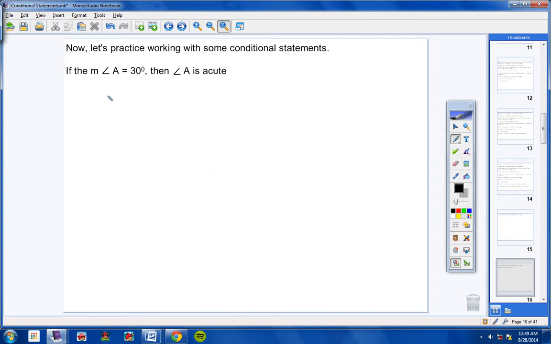Now, first of all, I want you to tell me, is that true or false? If an angle is 30, then it's acute. Yeah, that's true, definitely. Now, on your own, or you can watch me, I want you to write the converse of this, okay? So here we go. Write the converse. If angle A is acute,